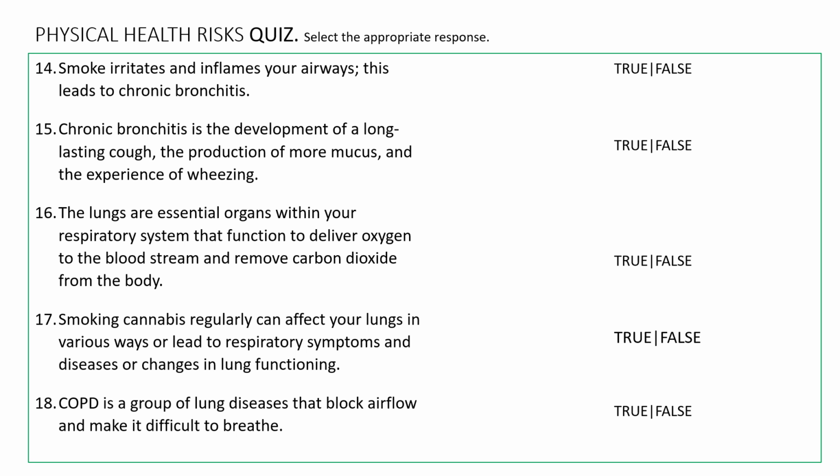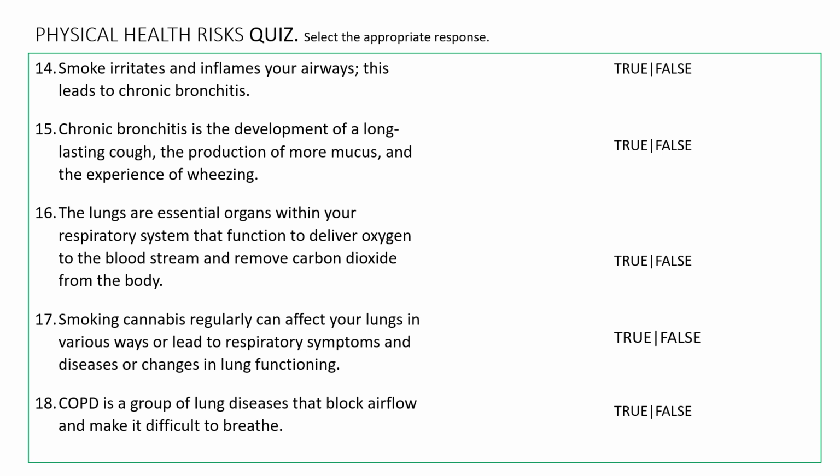Number 14. Smoke irritates and inflames your airways. This leads to chronic bronchitis. True or false? True. Number 15. Chronic bronchitis is the development of a long-lasting cough, the production of more mucus, and the experience of wheezing. True or false? True. The lungs are essential organs within your respiratory system that function to deliver oxygen to the